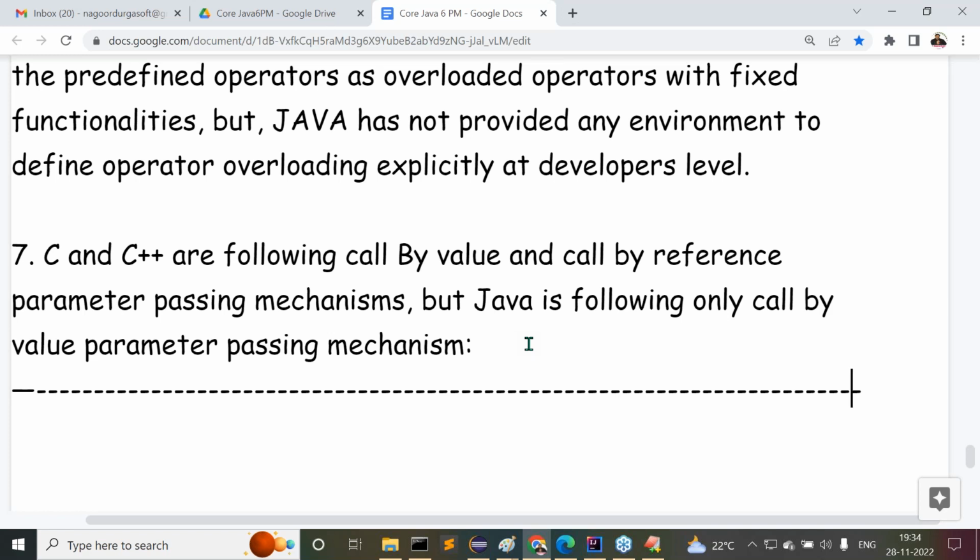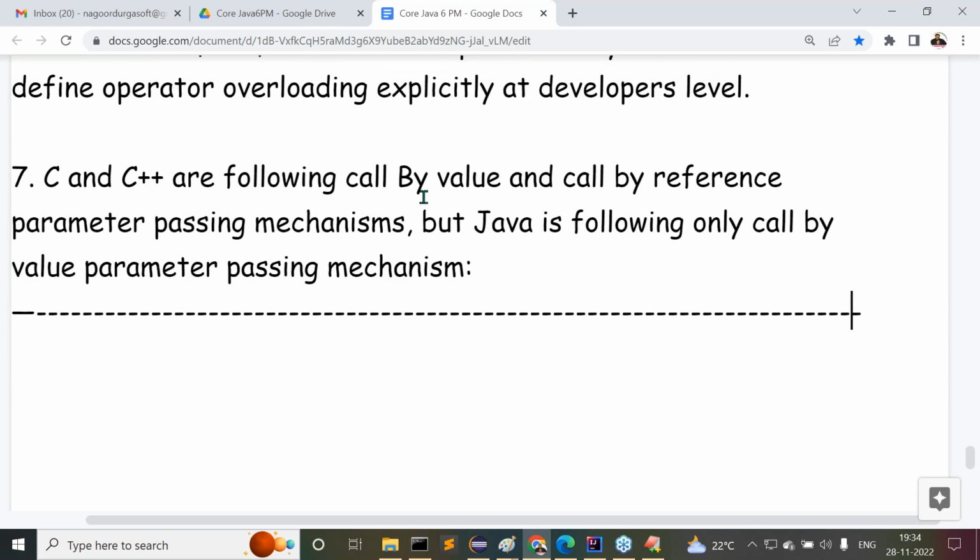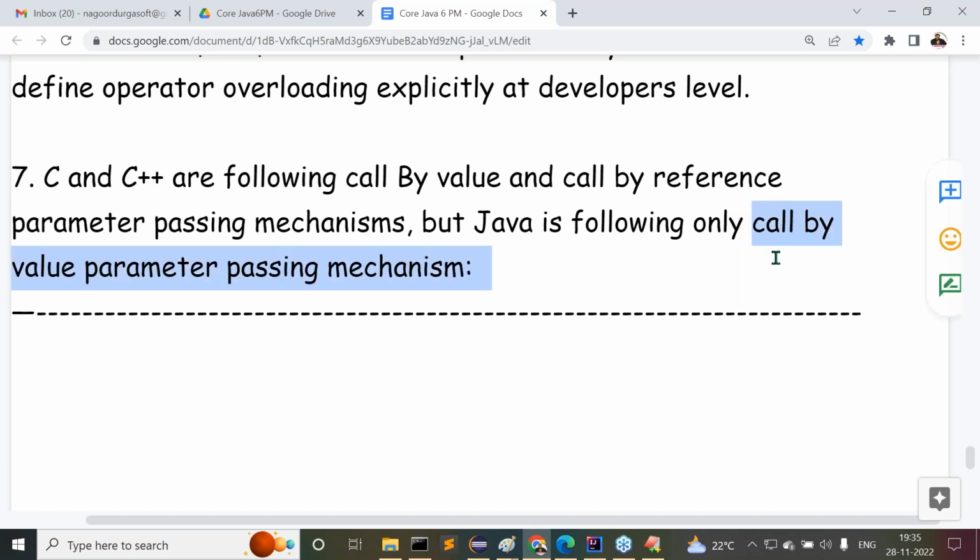See, up to now, I'm discussing some topics. It's not a time-wasting process. Internally, indirectly, automatically, I'm injecting some points about Java by comparing with C and C++. Those points we have to catch. As part of that, another difference: C and C++ follow call by value and call by reference parameter passing mechanisms,